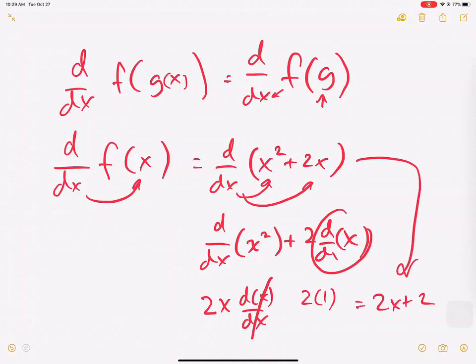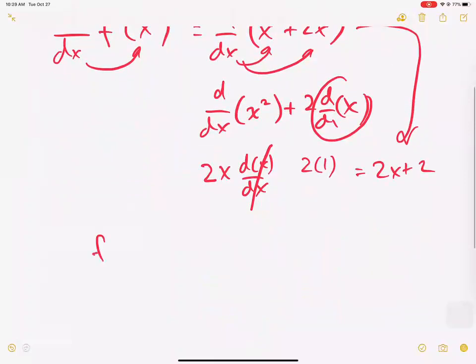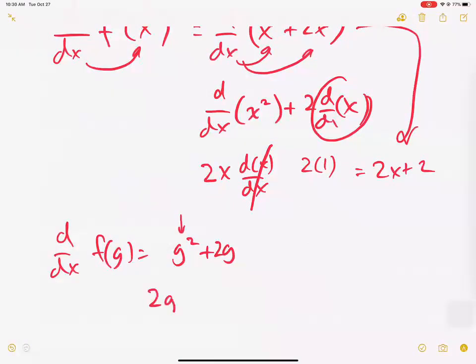Cool? Now I'm going to do the same exact idea here, except plug in the letter g. If I write f of g for the same function, it is equal to g squared plus 2g. Okay with that? Yeah. Okay, so if I try to take the derivative here, we end up with our power rule, and then we write